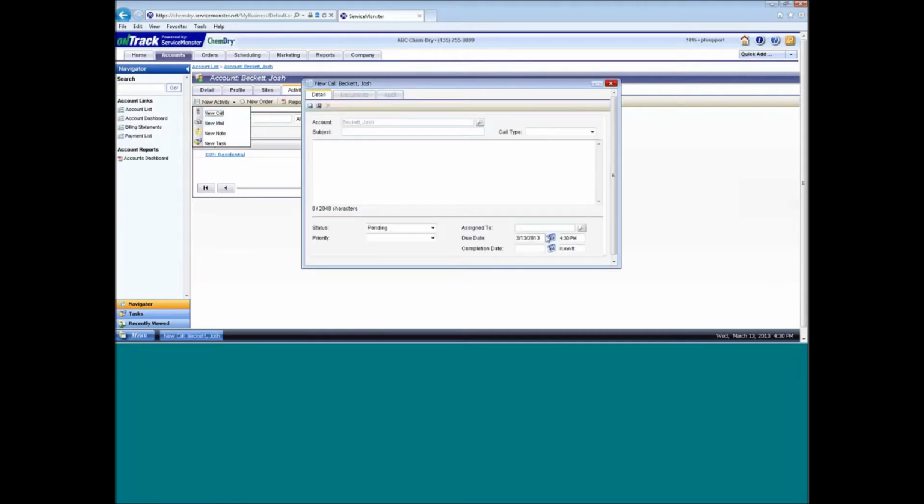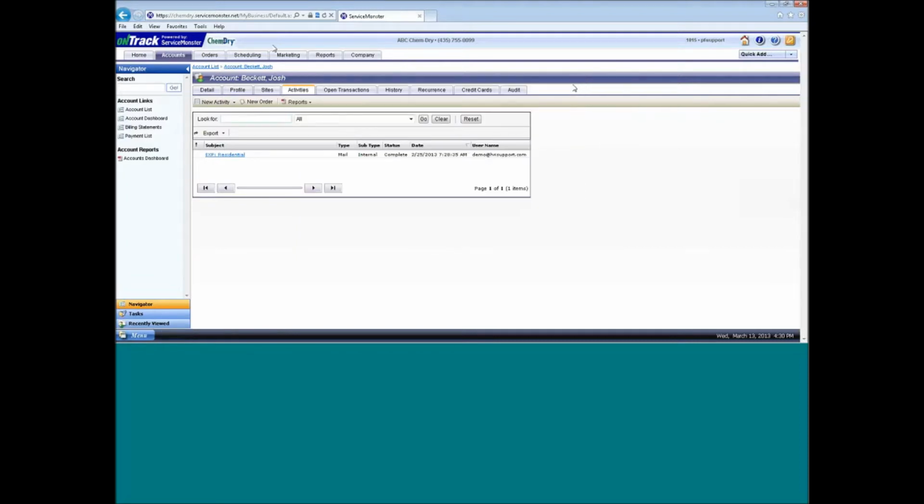And what will happen here, you can pick a due date. So if a customer says, you know what, I don't really want to do anything right now, but if you give me a call back in a month, I think I'll be ready, then you can go in here and you can schedule something for next month. And you can type in your notes for what you need to do. Once this is all saved, when you log in and you go to your Home tab,